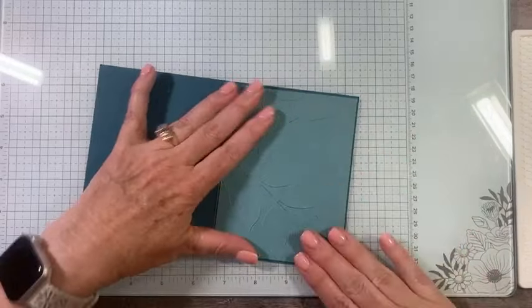Okay, so that looks good. Let's go ahead and wipe this off real quick with a chamois cloth. Oh, I got that pretty wet, the chamois cloth. Okay. All right, so let's do that. We're not going to do anything with that at the moment. Let's get rid of this because we don't need it for the time being. Now, what I did was I also stamped this leaf in Rich Razzleberry, and I stamped this one in Crushed Curry. But I've already stamped these, cut them out, and finished that up, so I'm not going to go through that. But I am going to grab my inks,